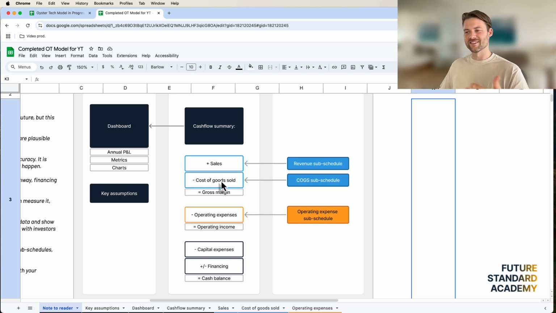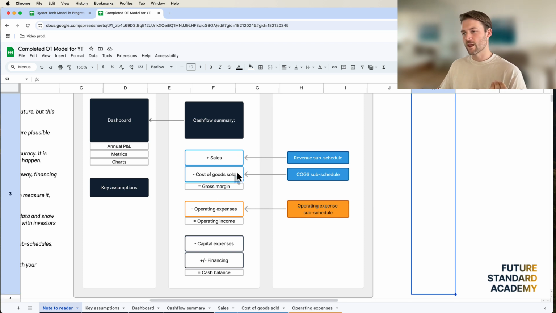So you start with sales, you take away your cost of goods sold, and then you get your gross margins. And so we'll talk lots about that, probably the most important thing here. Then you have your operating expenses, which are very much like your budget. And then you get operating income, or cash flows from operations is another way to put it.